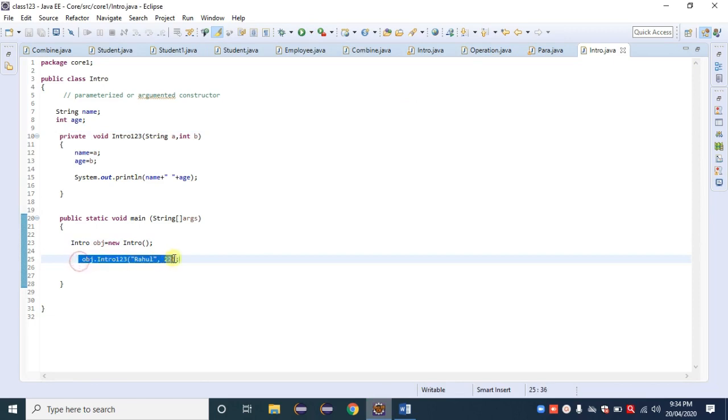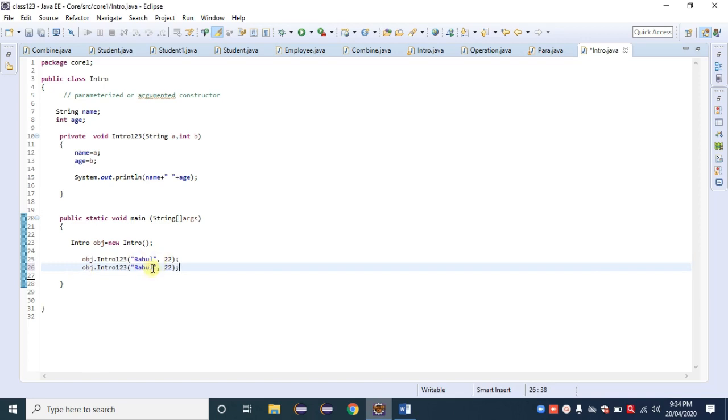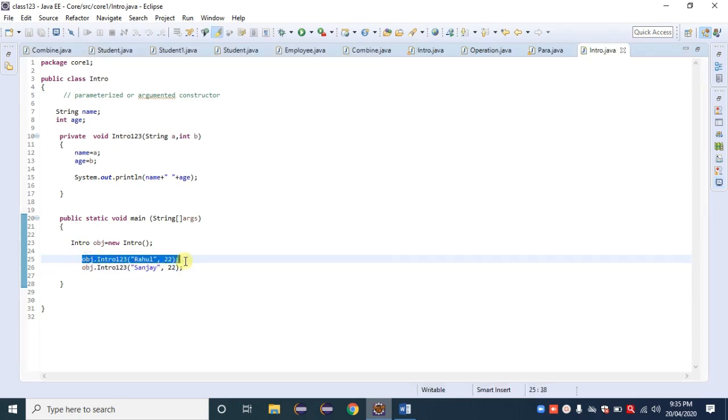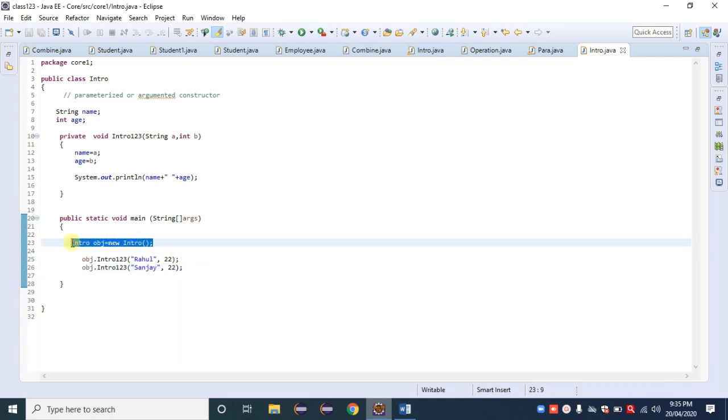If we have another student with us, simply follow that, or we can create another object here also. Sanjay, click on the run button. So simply observe the difference between a method and a constructor. A method has a return type, a constructor doesn't have a return type. For a method name, we can give any name, but the constructor name is always the class name. In case of a method, we need a separate statement or separate line for calling that method. See here. But in case of a constructor, we can call it directly by using that object. That's the benefit of a constructor.